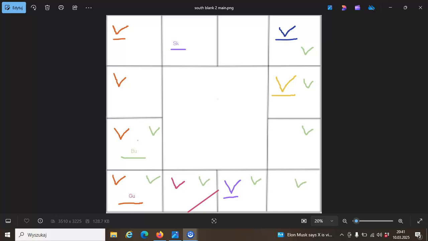Let's say the ruler of the sign, which is Chandra, obviously, is found in the sign of Kumbha.